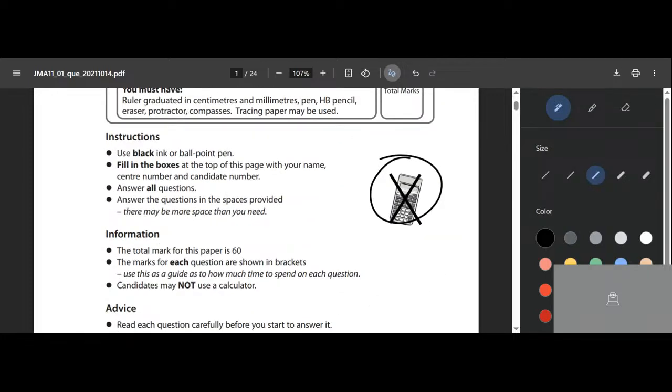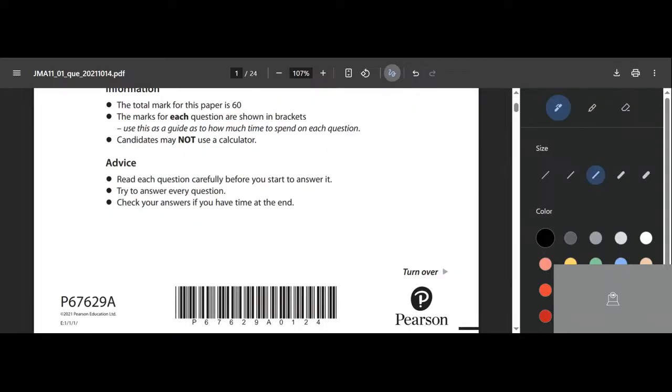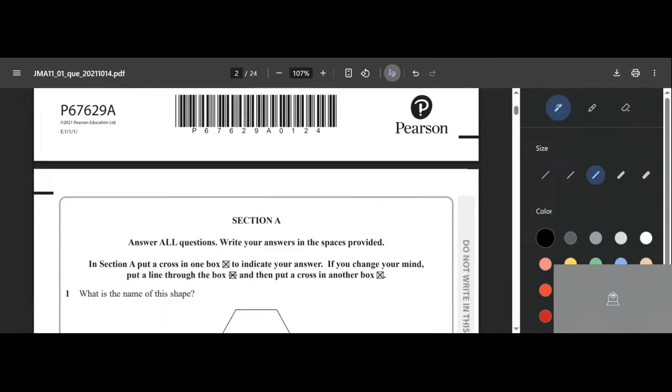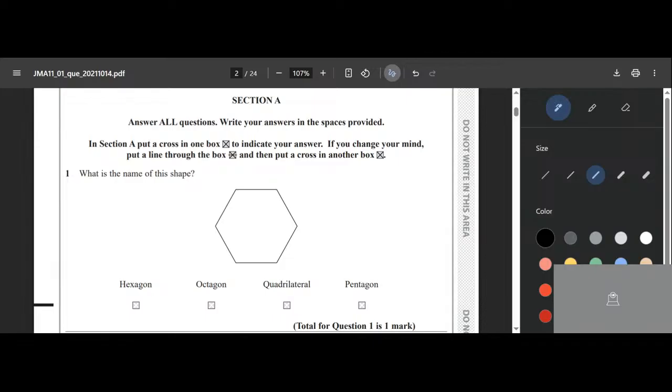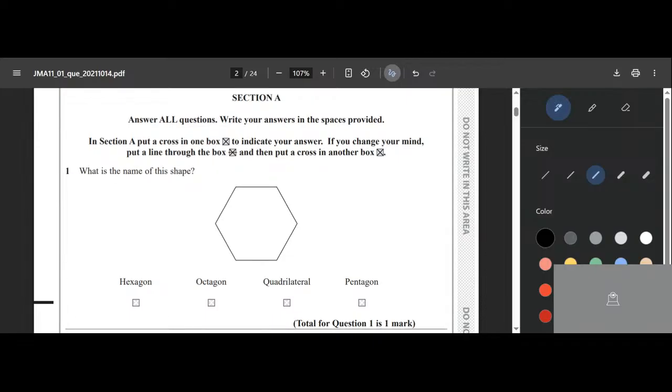So there are some quite good instructions here supposed to be followed. Make sure you always follow them, especially this one, to always use a black pen. So this paper is totally out of 60. I'm going to guide you on how to answer all the questions, and also how the marking scheme is done